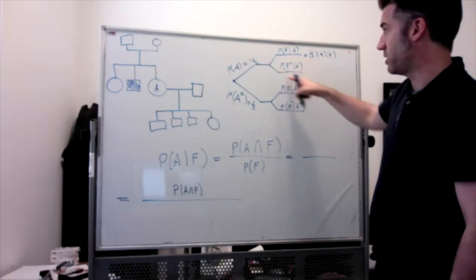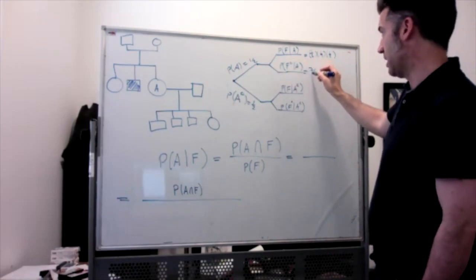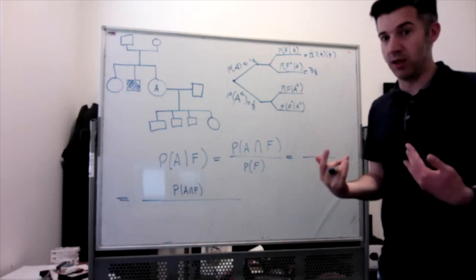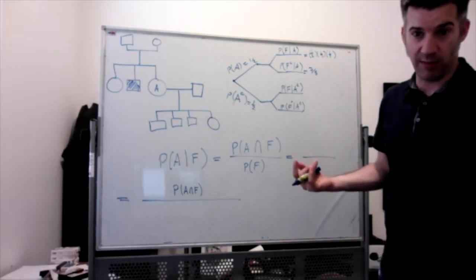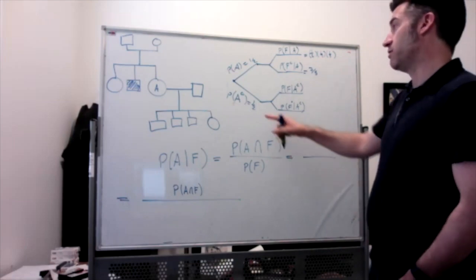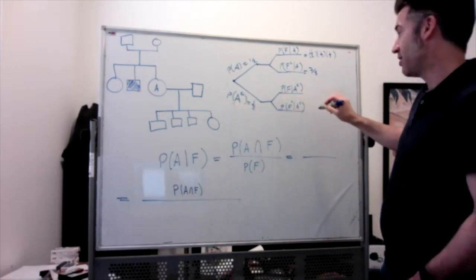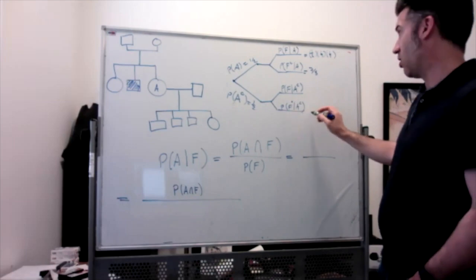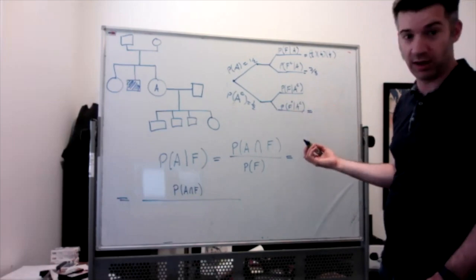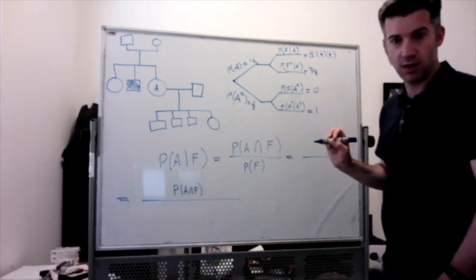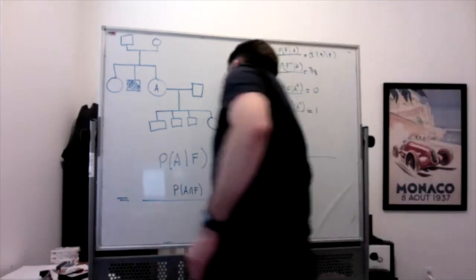And then we don't actually care about this, but this would be 7/8. There's a 7/8 chance that at least one of them would not be healthy, which didn't happen. And then if she is not a carrier, there's a 100% chance that all of them would be healthy. So that would be 1 and that would be 0. All right. So now,